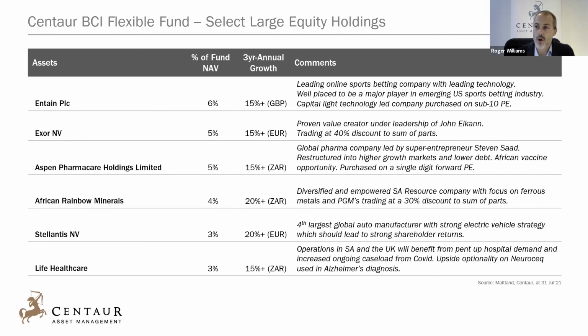African Rainbow Minerals, we topped it up in June. It's got a nice mix of resources, a lot of cash on the balance sheet. It's empowered, and it's moved up, but it's still trading at over 30% discount to the sum of the parts. Stellantis, we like management here. They've got a very good electric vehicle strategy, one of the largest car companies in the world. And we're quite excited about their transition to electric vehicles. Also been a very strong performer. Life Healthcare we bought last year opportunistically when it fell out the index, but we think there's good recovery in